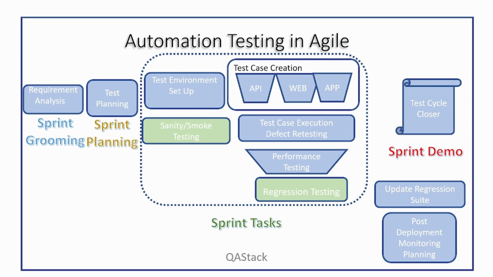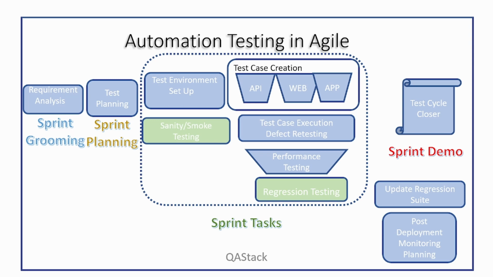After the testing is completed, the next part is test cycle closure, or the TCR report. In the TCR report, a detailed description of the test execution carried out should be there, along with the test case status, and the defects should also be mentioned along with their status. In case we are going ahead into production with any open defects or a failed test case, proper explanation should be attached in these scenarios. So this activity should be carried out in parallel to the sprint demo.